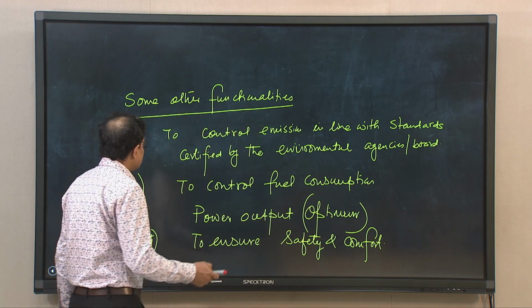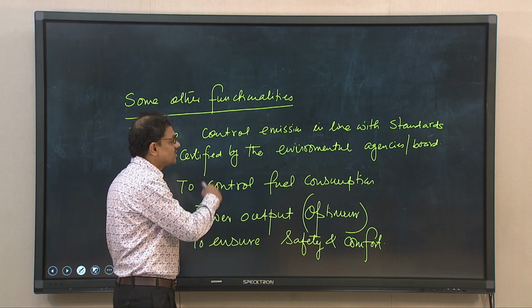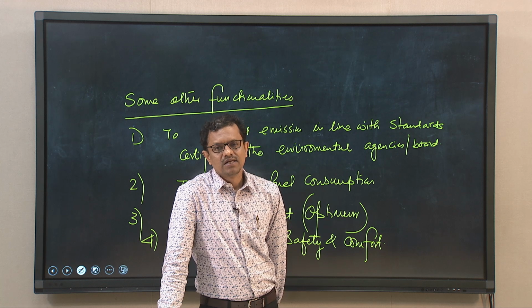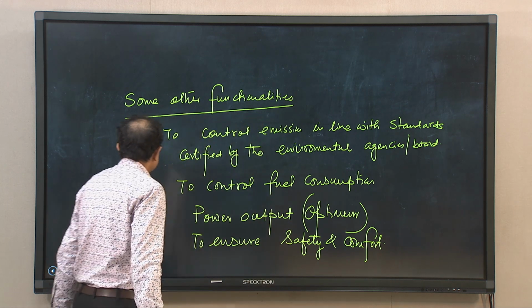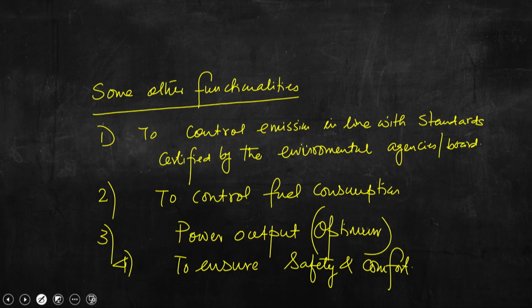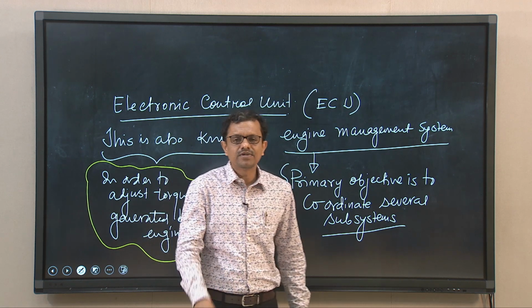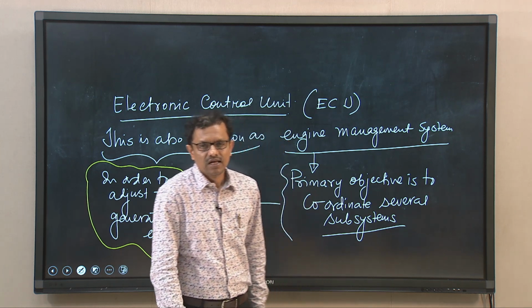So, these are basically the simultaneous requirements from the electronic control unit or engine management system. So, this is what we have written. Now, the question is this electronic control unit, right. So, as I told you, the electronic control unit is a very reliable piece of element, I should say, or system,